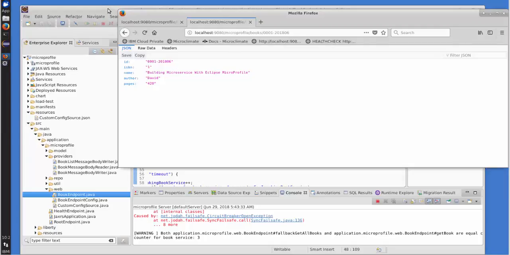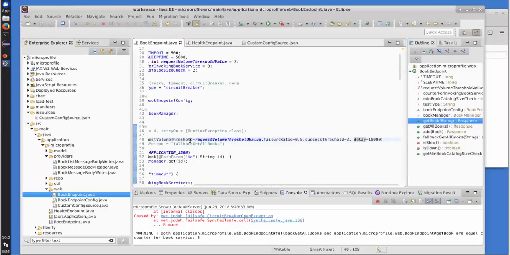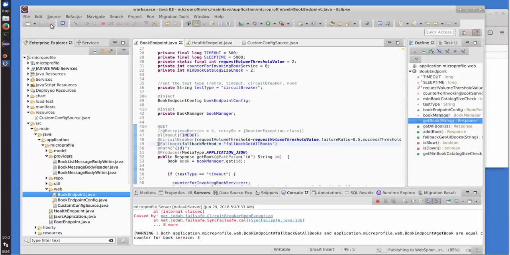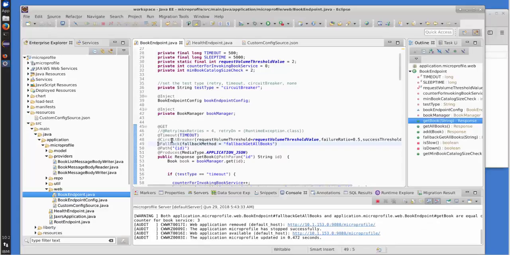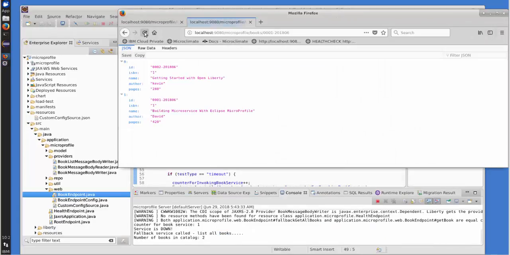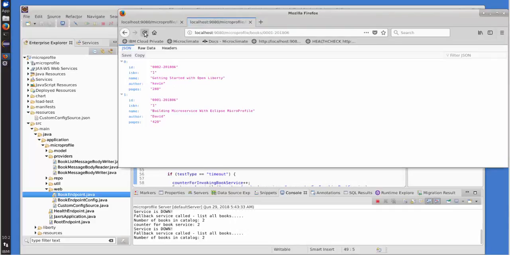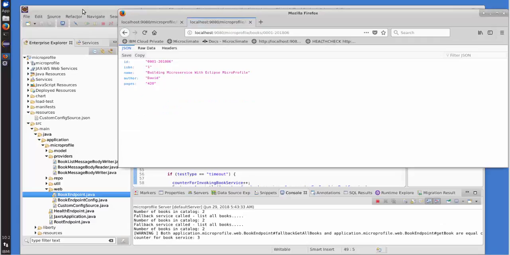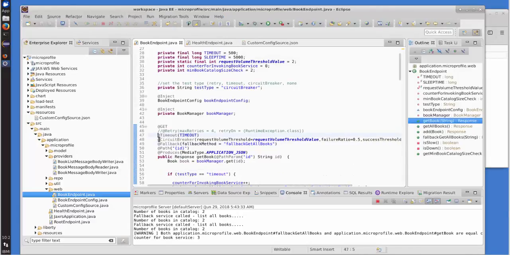So we get the circuit breaker exception, and again, this is another opportunity for us to also leverage the fallback capabilities in the MicroProfile, in that if we know that particular service isn't going to run, why don't we fall back and run a different service? And so in this case, I call the same service that lists all the books. So that's the capabilities that I wanted to showcase around the timeout and the retry and the circuit breaker and